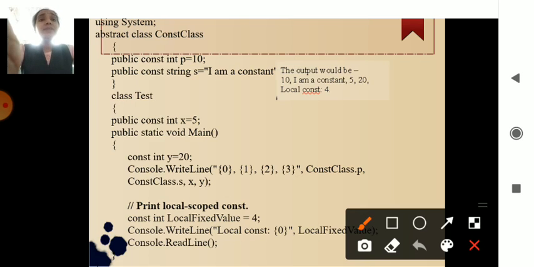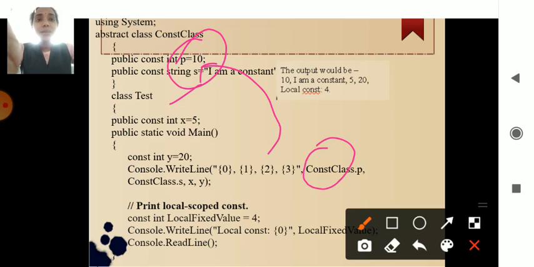When I refer to the value p, which is outside this particular class, a class name is there called ConstClass. So I have to provide the class name: ConstClass dot whichever variable you have used, p is equal to 10. ConstClass dot p is referred, and another variable ConstClass dot s is referred.